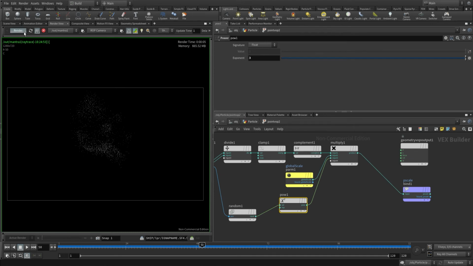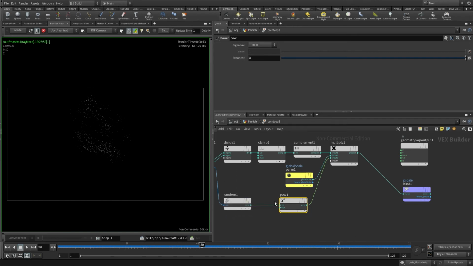And that will render it, test render, and see how that's looking. Alright, that helps us get smaller particles, but now you can see we kind of lost some particles because they've